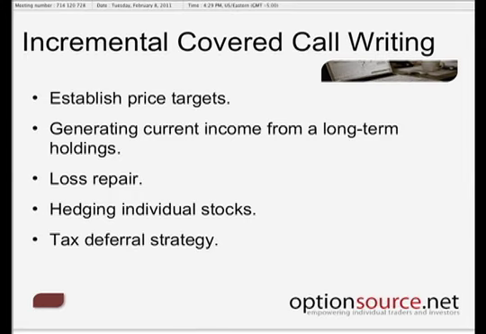So a lot of times, if you know that you want to sell something, but your only reason you're not selling is because you want to wait until the new tax year to actually sell it, you could always do an in-the-money covered call. And more often than not, and I don't want to say it's guaranteed, because you want to understand that when you do an American-style option, there's always the risk that there could be an early exercise. And so you never want to make anything sound absolute on that front. But I would say more often than not, you're going to get exercised in the next tax year. So that's just some ideas for how to cover call right.